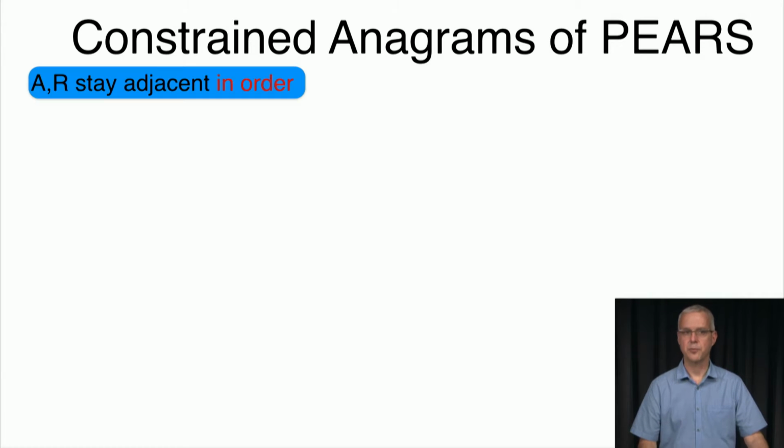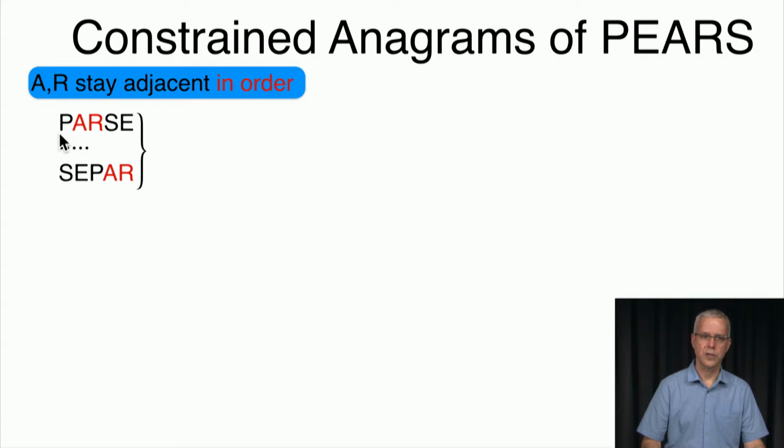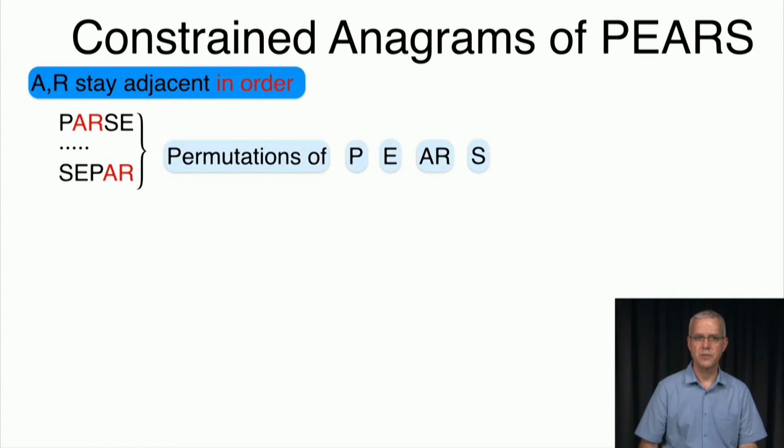Now, we can look at constrained anagrams of, for example, pairs. So what if the letters A and R must stay adjacent, like they are originally, and furthermore in order, namely A followed by R? So for example, we're counting words like parse, A immediately followed by R, or separ, S-E-P-A-R, which is not a word, but it's a sequence of these 5 letters where A is followed immediately by R. So if we would like to count how many such anagrams there are, then one could observe that what